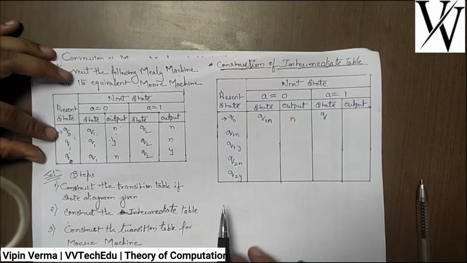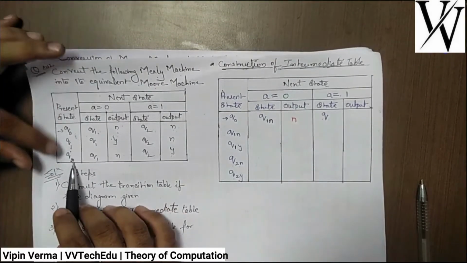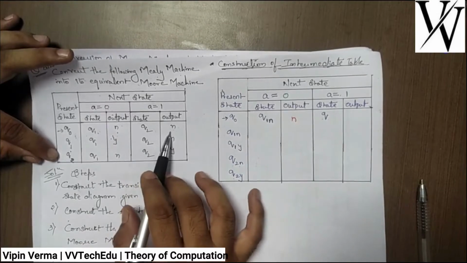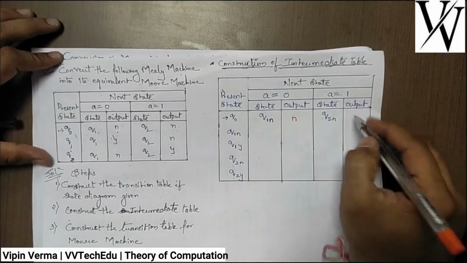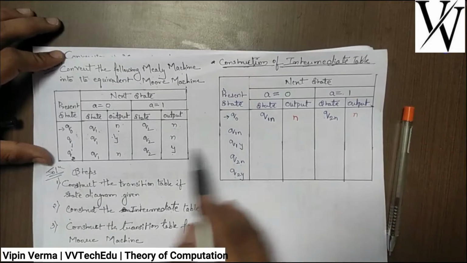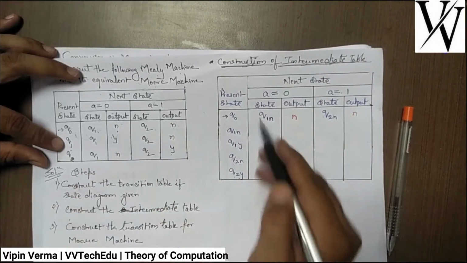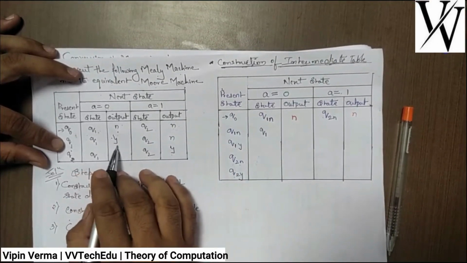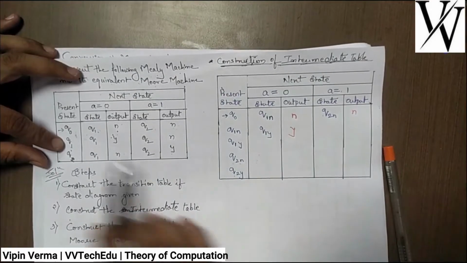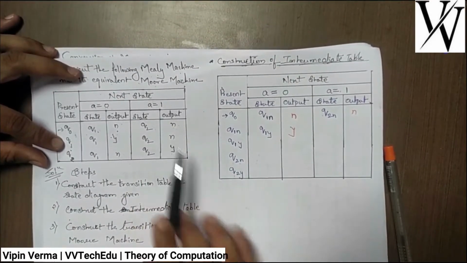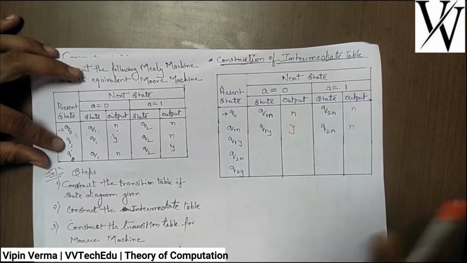Q2y। Okay, so for this what we need to do, हमें कौन सी स्टेट लेनी है यहाँ पर। इसके लिए हम क्या करेंगे, यहाँ चेक करेंगे कि ये Q2 के करस्पॉन्डिंग आउटपुट क्या आ रहा है। तो यहाँ Q2 के करस्पॉन्डिंग आउटपुट है n, so you just need to write Q2n and the output is n। Okay, similarly we just need to take this state Q1। अगर हमें इसे फिल करना है तो Q1 को रेफर करना होगा Q1 with 0 Q1। Okay, output is y, so we just need to take it as y and here it is y। Similarly Q1 for 1 Q2 output is n, so we just need to write it here as Q2n because of output n।